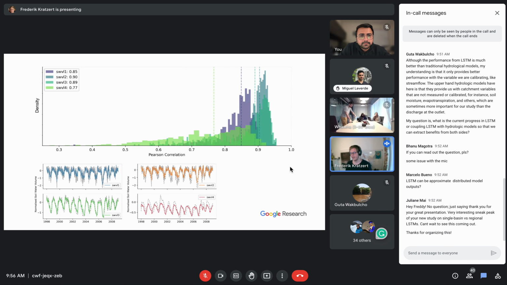Yeah, great question. And very relevant to our work. First of all, I want to say about the saturation problem that I showed you, there's a small caveat: the regional LSTM still has this saturation problem, but only at the basins with the absolute highest discharge in the training data set.